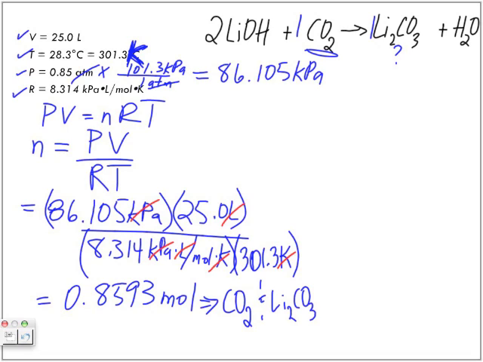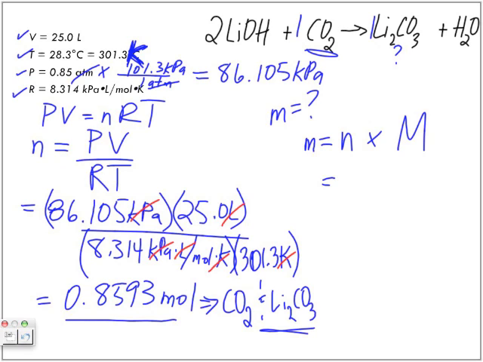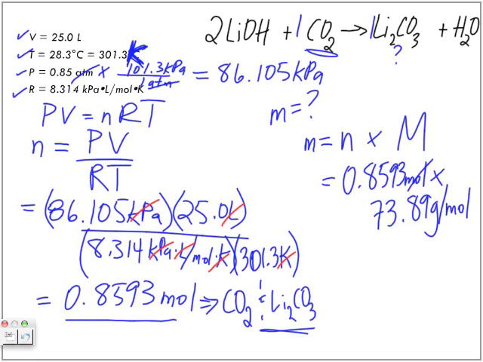So we're going to take the number of moles here, and we want to find the mass. That's what we're trying to find, the mass. And we know that the mass is equal to the number of moles multiplied by the molar mass. And so the molar mass that we're trying to find is of lithium carbonate. So the number of moles that we have, 0.8593 moles, we're going to multiply it by the molar mass of lithium carbonate, which is 73.89 grams per mole. So moles cancel out. When I multiply those two numbers together, I get